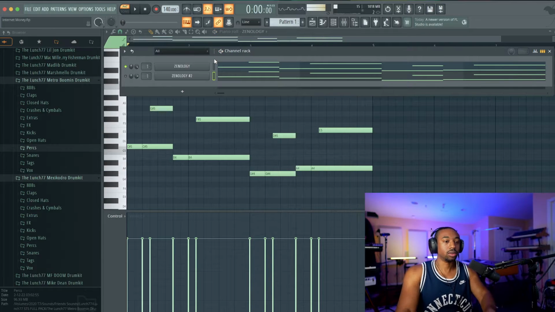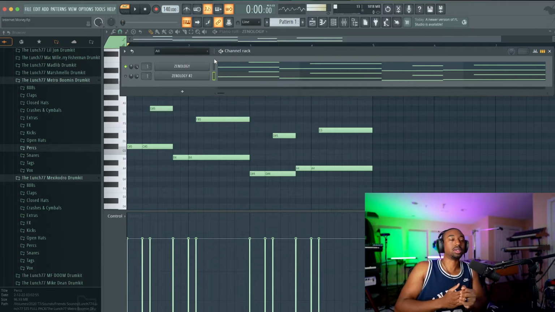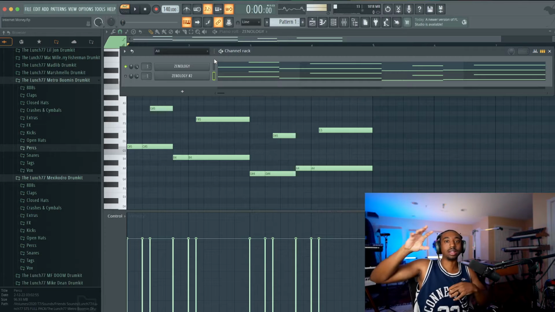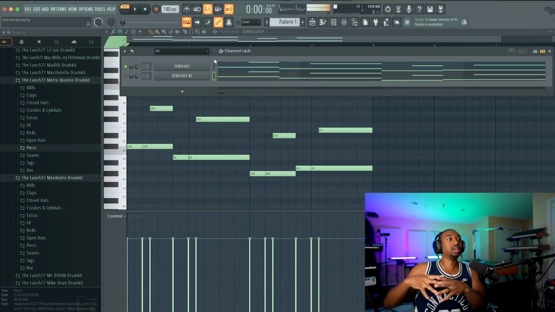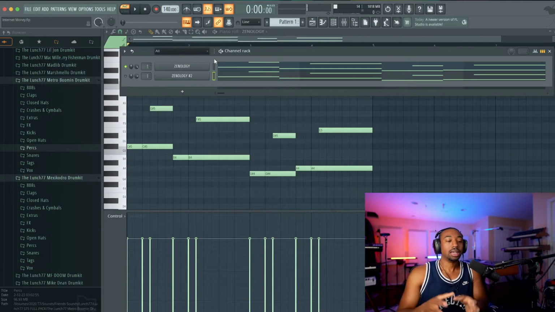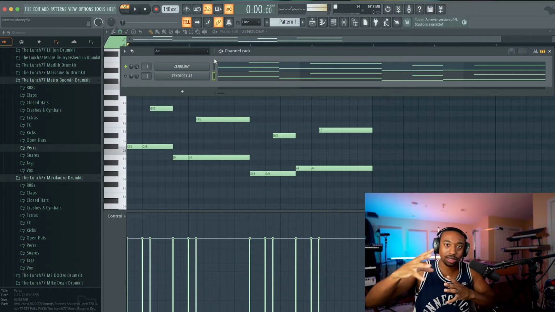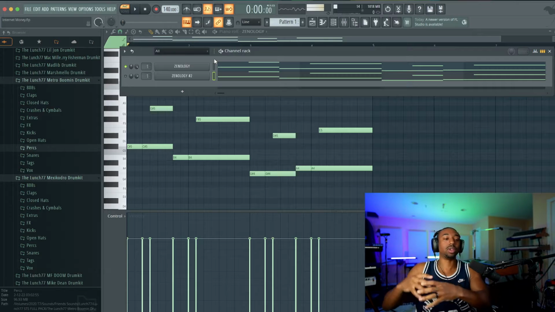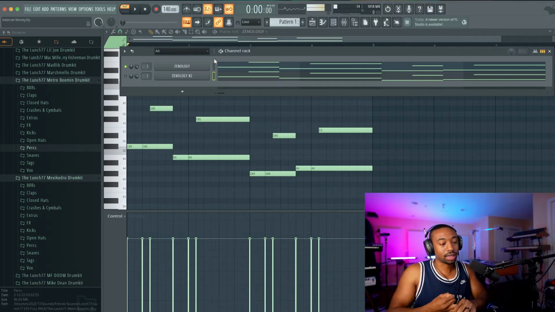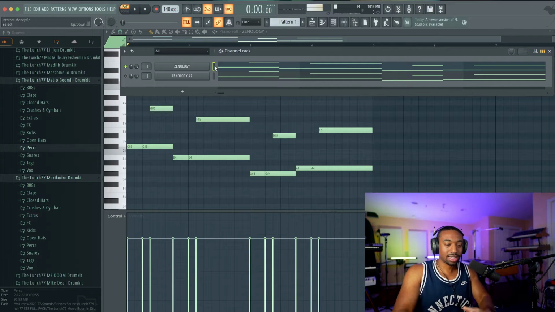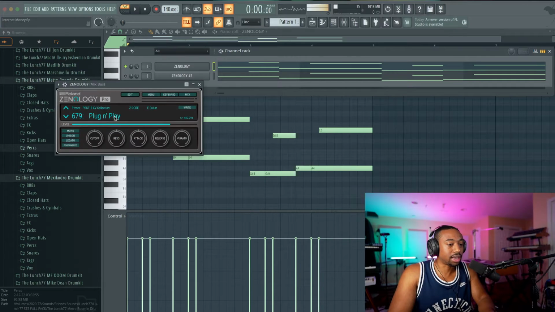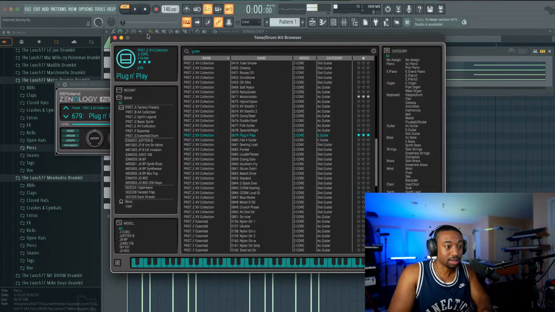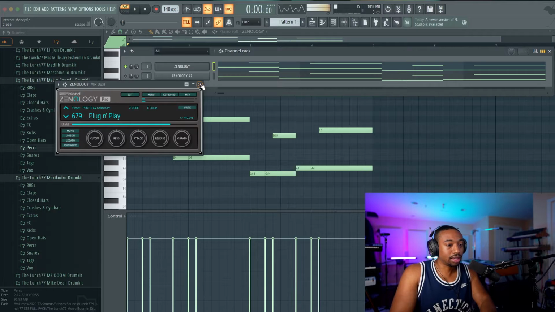All right, so let's talk about internet money sound. There's different sounds. There's Cody, there's Nick Mira, there's a Taz sound. I don't know everybody on Internet Money, but Nick Mira basically pulled to the forefront the guitar sound over trap drums, with Juice WRLD as an act, Lil Tecca and all them. So taking that approach, we're going to use Xenology. There's a preset called Plug and Play.